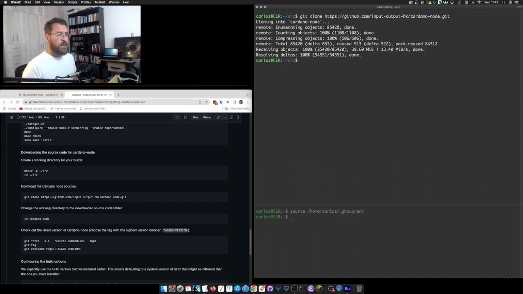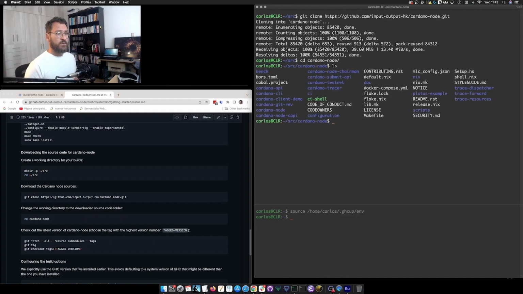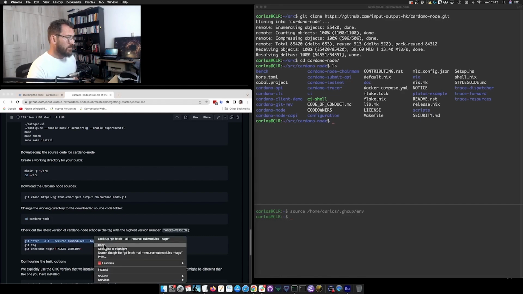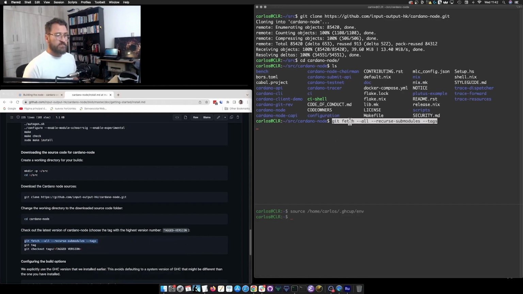There you go. If you go to the Cardano node directory and do a quick ls over here, you will find that this is the master state, the current state of the repo. One thing that is always useful, in case there are some submodules over here, is to record submodules. And now we are ready to start